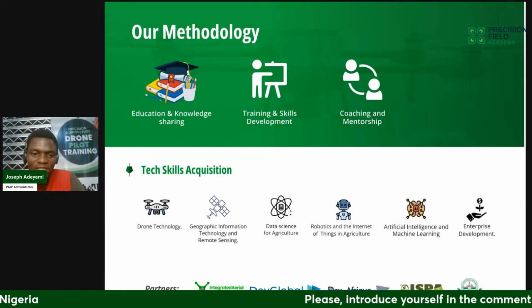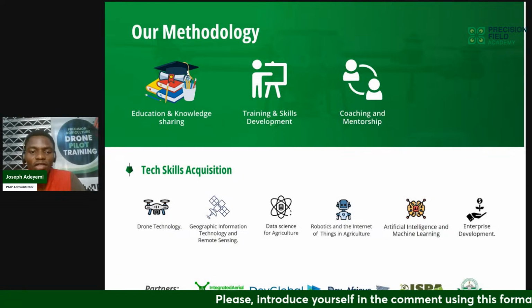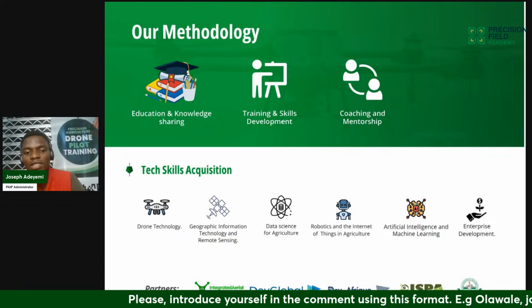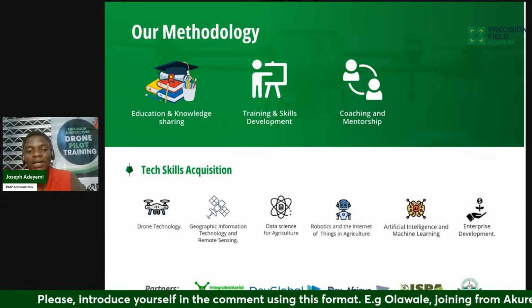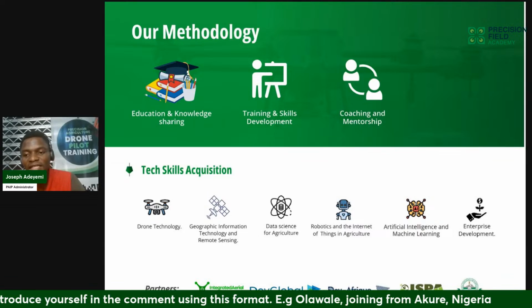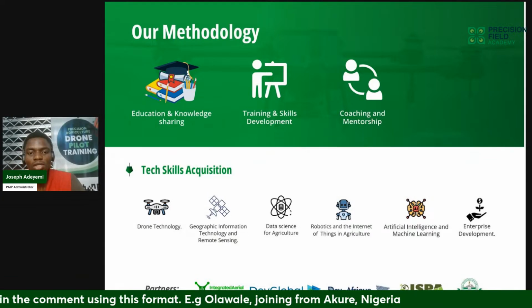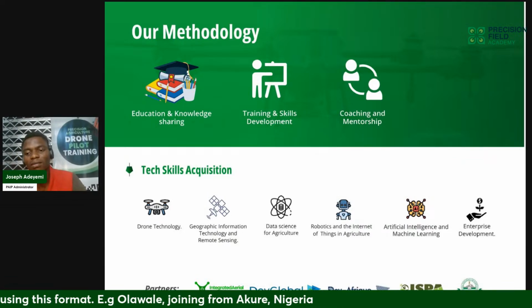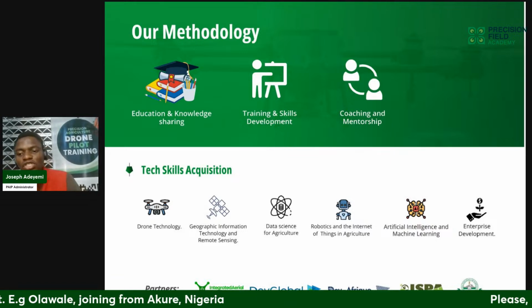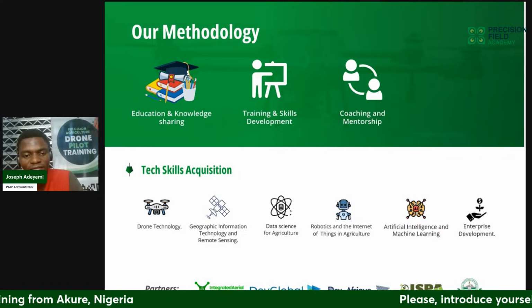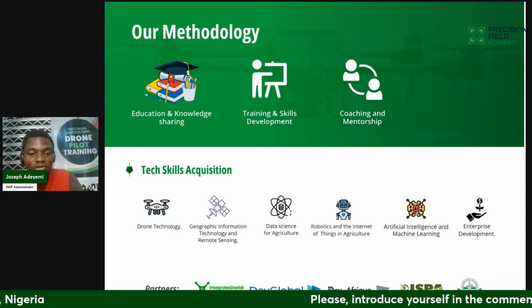So we have artificial intelligence and machine learning. We have a course at Precision Food Academy, which is a phyto mapping masterclass. Under this class, we leverage artificial intelligence and machine learning algorithms to help agronomists and plant physiologists train on datasets.